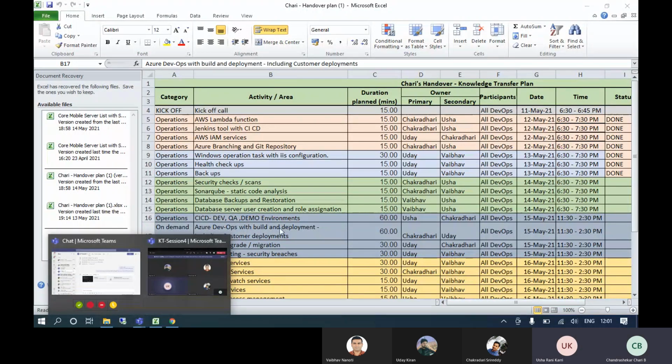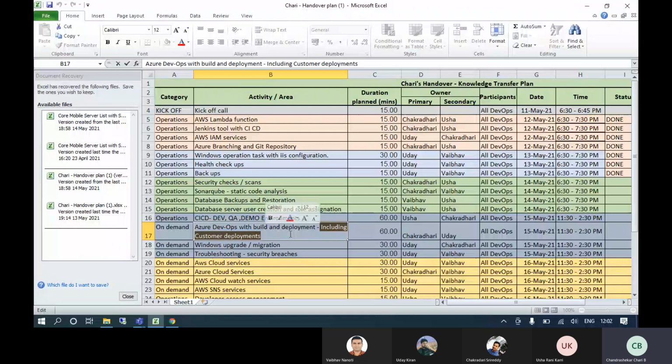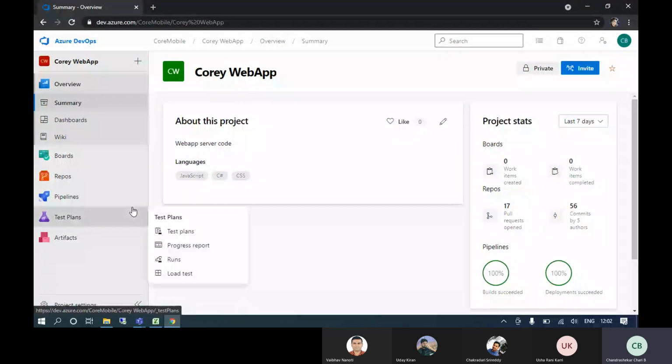Yeah, in GitLab we can manage this, we can control it, we can include these two in one. This CI/CD is implemented in Azure DevOps only, like build and deployment. Like customer deployments, you already know how we use deployments by using those installation files, right? By just clicking that. So let me go with the Azure DevOps CI/CD implementation.